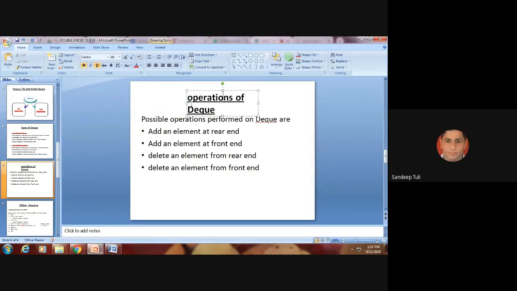Now operations on DQ. On the basis of input and output restrictions, the different operations that can be performed on DQ are 4. That is very simple. Add or insert the element at rear, add the element from front, delete the element from rear, and delete the element from front end.